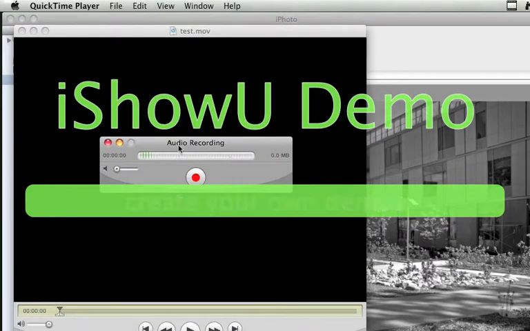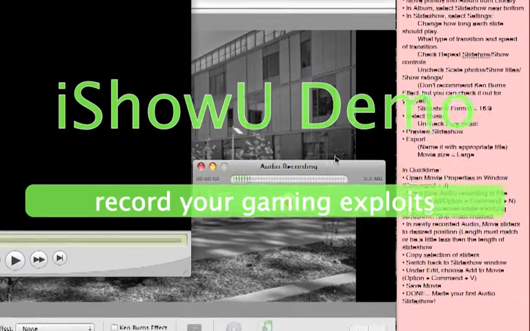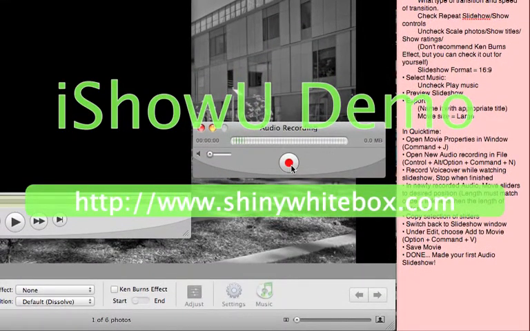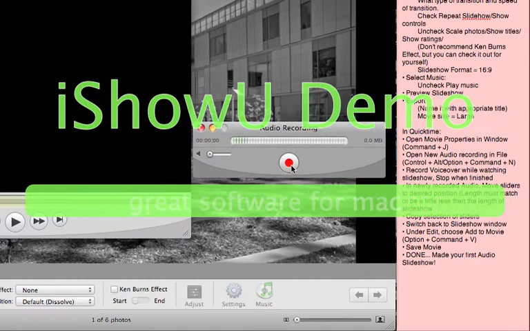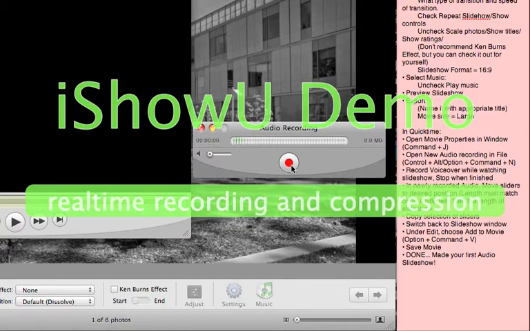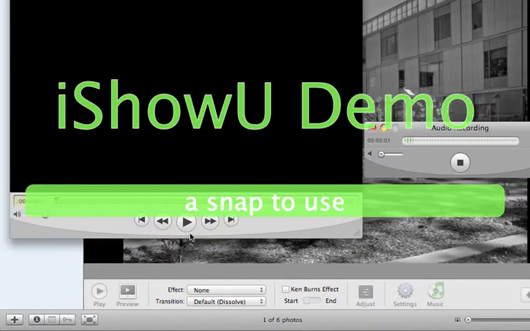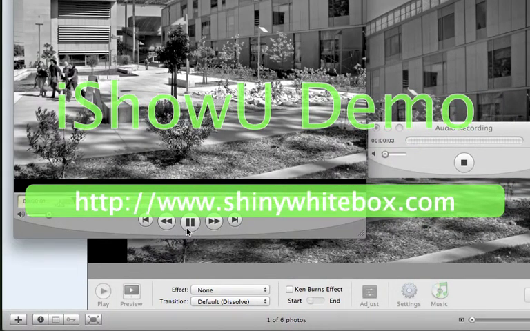It'll give you this, and I recommend just doing a voiceover if you don't have sound from the photo shoot or from the scene that you took photos of. For example, if you went to a concert, you can record clips here and there and just add that to the slideshow. Or if you want to do a voiceover explaining what the pictures are and stuff like that, and creating some type of audio feature, you could do it this way. So you would hit record and then hit play,